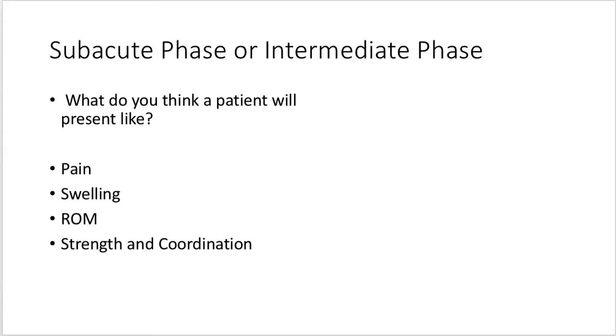Subacute phase or intermediate phase. So we're thinking now, okay, that acute ankle swelling is gone. They're able to walk. They've kind of normalized their gait. Their range of motion has returned. Now we're going to start to come back and think, okay, they probably don't have any really big, huge, glaring deficits as far as active range of motion goes. It might be near normal at this point. Passive range of motion might be synchronous with pain when you start to feel some tissue tension.